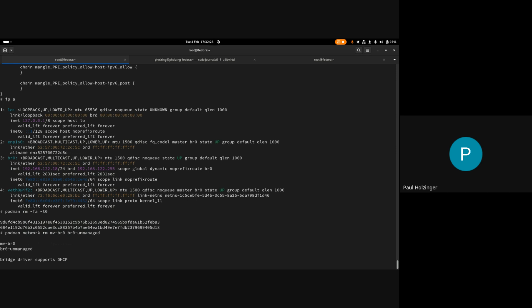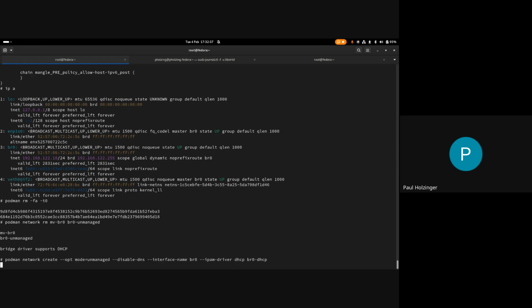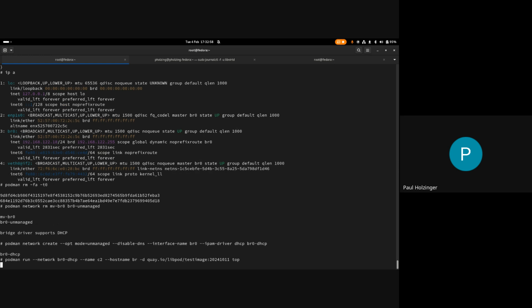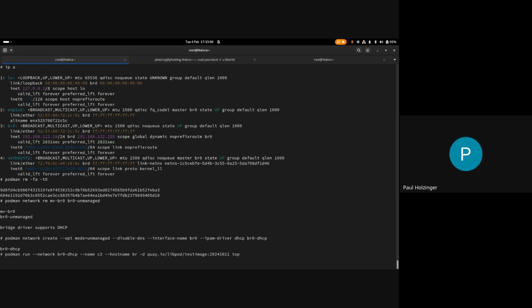And now you can combine that with DHCP. So the current version just used hard-coded IPs, which are the default, like just the subnet range that is assigned normally. But now I'm requesting the IPAM driver DHCP. And that is now very similar to the macvlan, which was the first example we did before. And with that, created, so I started a container